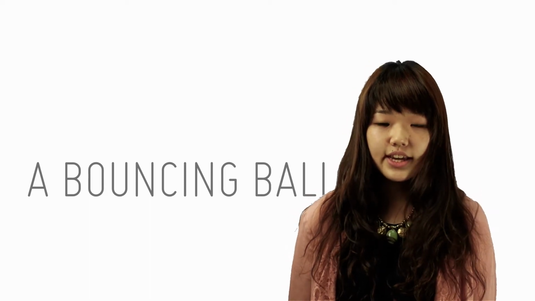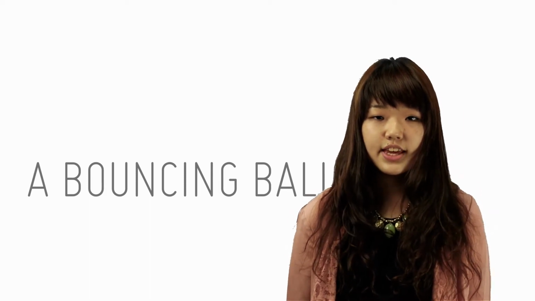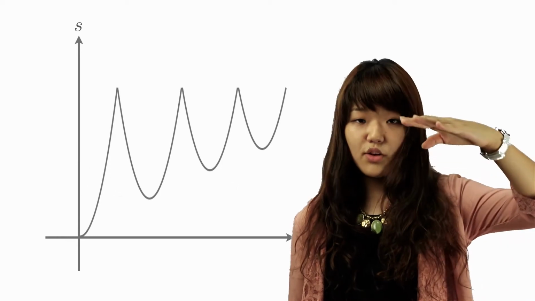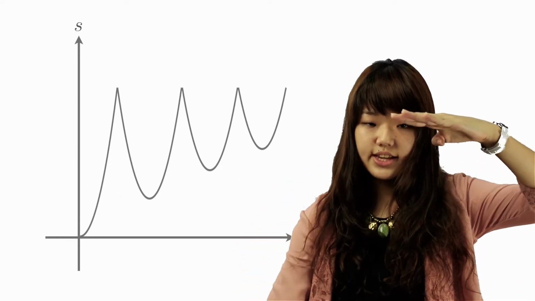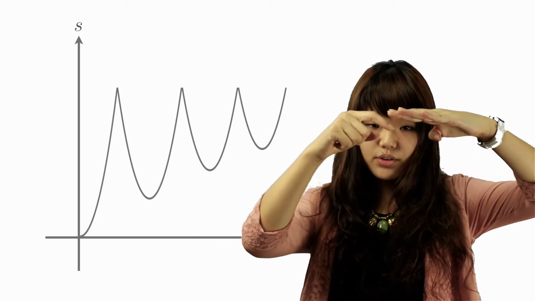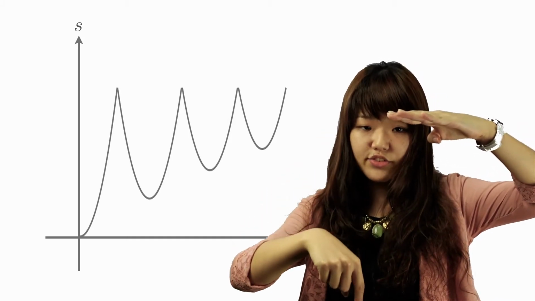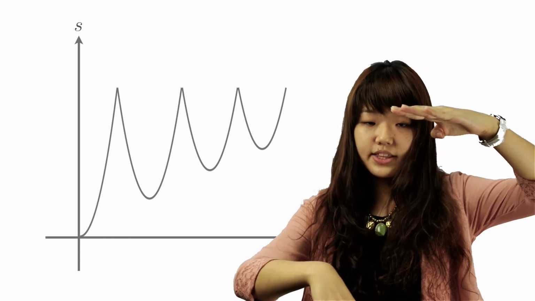Hi, now we shall look at the case of a bouncing ball to see how S, V, and A are related. So I drop a ball from this height, and I shall take this point as my reference point and the downwards direction as the positive direction. So the ball goes down, it moves away from my reference point in the positive region such that my displacement